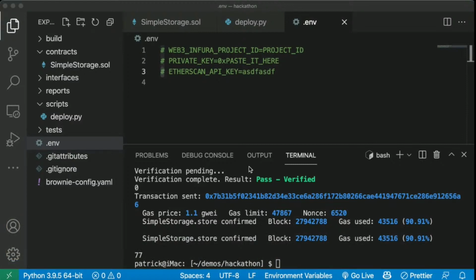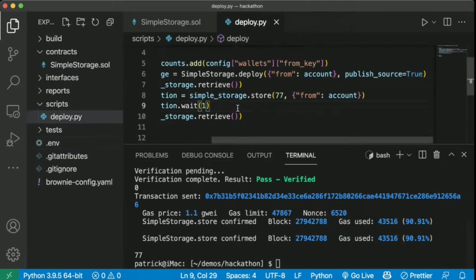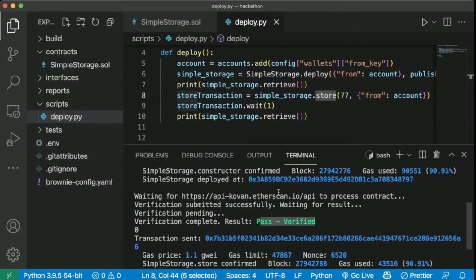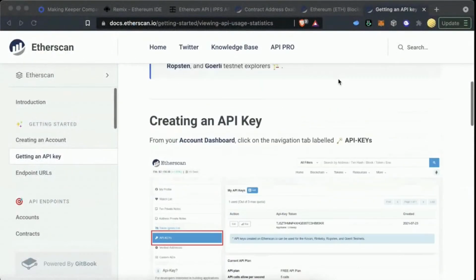Order of the transaction. Yeah, so we deploy first, we store, and then we store, right? And so here we see pass verified. If I grab this now,